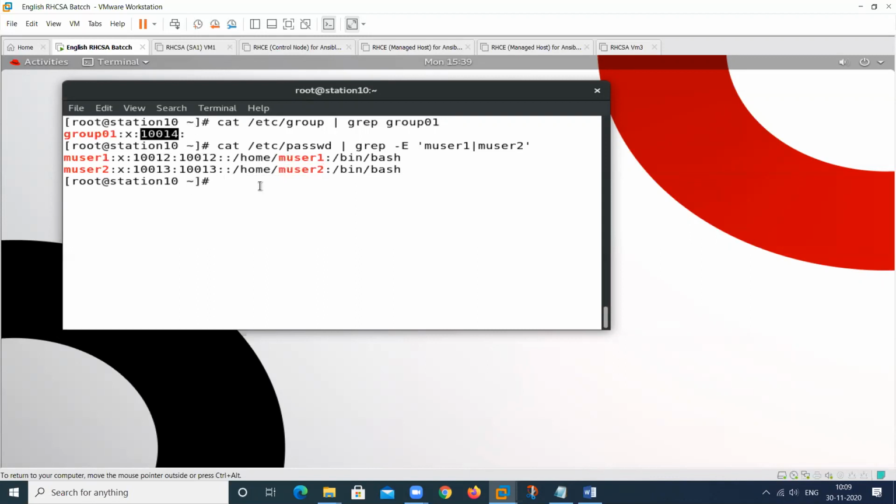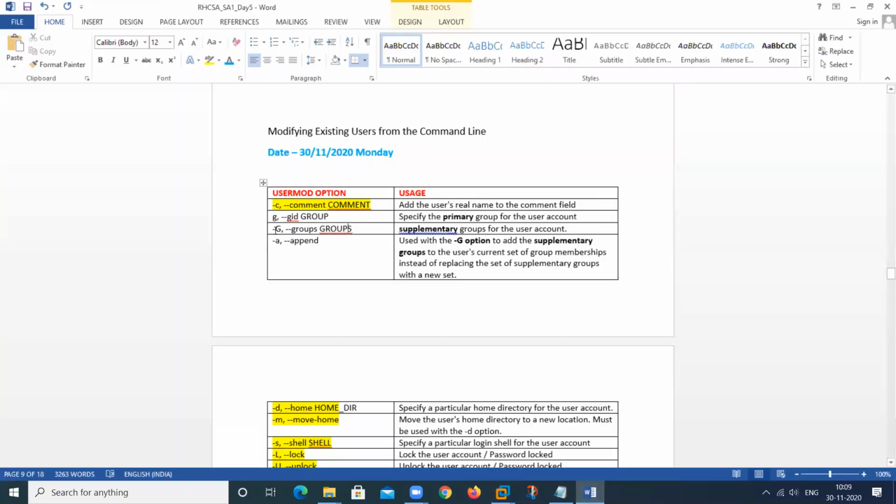So how can we add them? Have you remembered the command to add a user to a group? Yes, sir. So this is my command: usermod, then capital G. This is the command to add a user to a supplementary group for the user account. So we can add any user account to this particular supplementary group, because when we create any group by using the groupadd command, that is also known as the supplementary group.